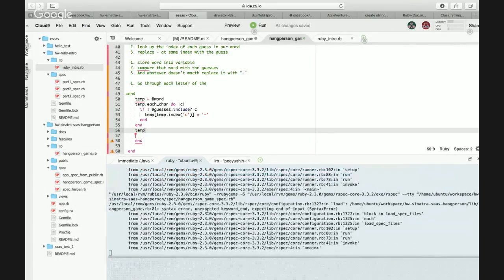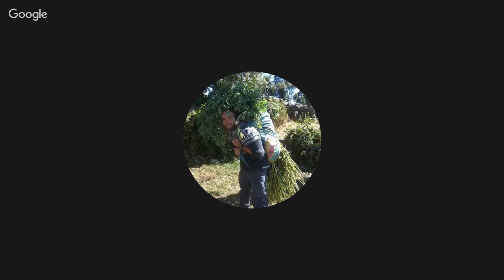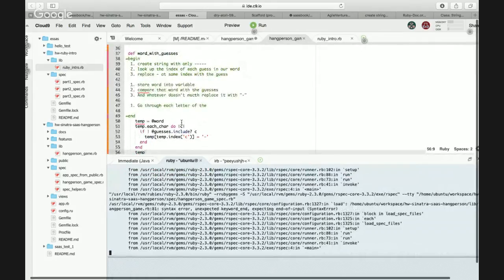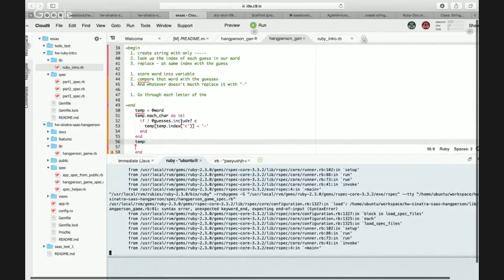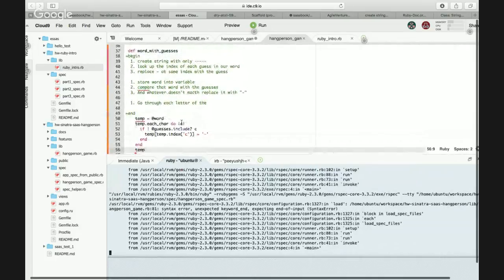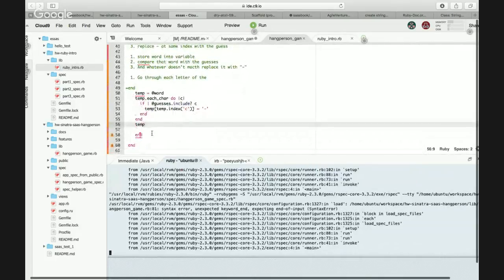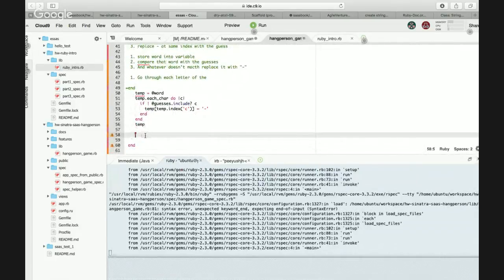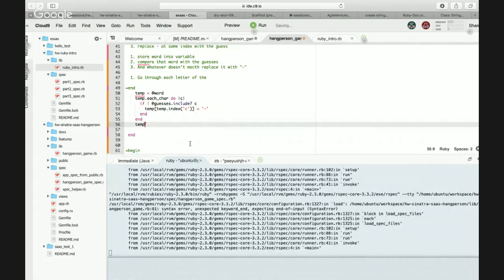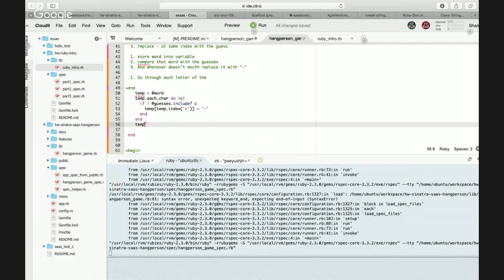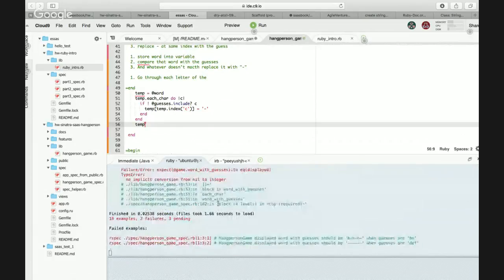Let's see. Oh, we're getting some errors here. We have too many ends, so remove them. Okay, 2 failures.